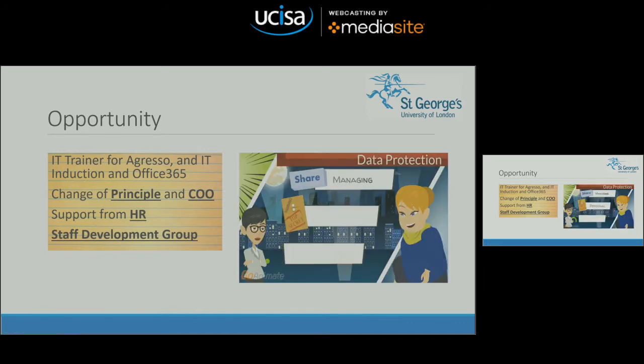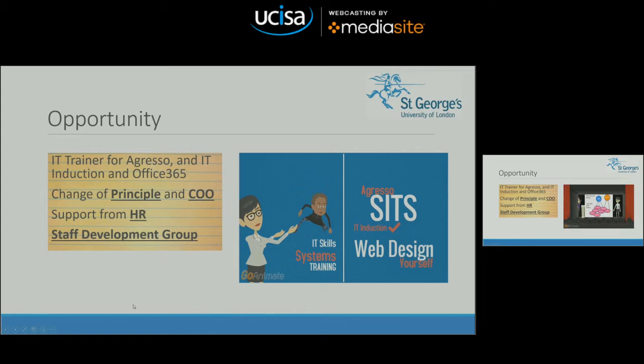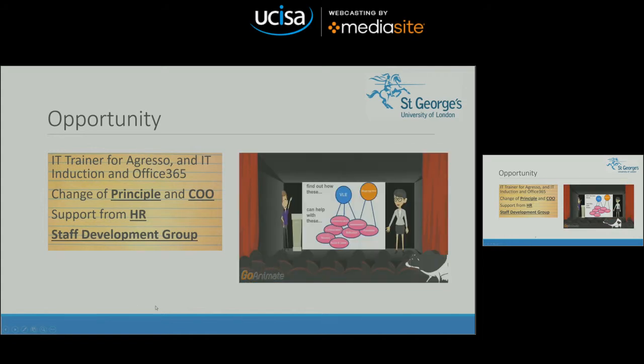Claire is the Data Protection Officer who can advise you on how to manage personal data. Lorraine is the IT Systems Trainer who trains on Aggresso, SIX, Clone and other ad hoc systems. Peter, the Learning Technology Service Manager, can tell you how to use the current VLE to help you with collaboration, audio and visual, quizzes, feedback, assessment, reflection and